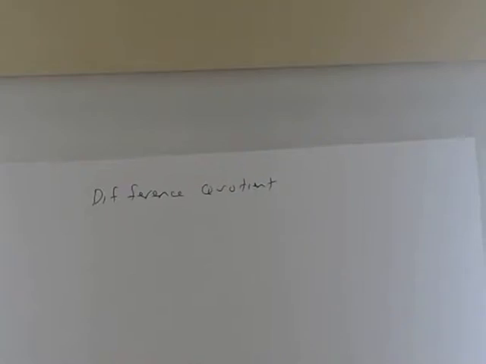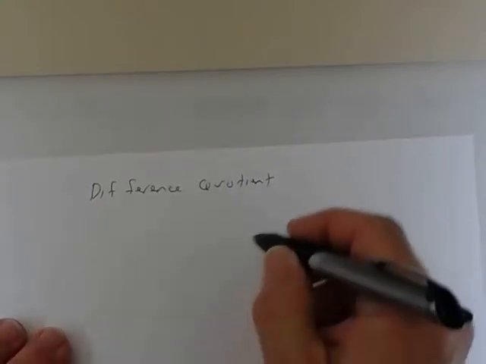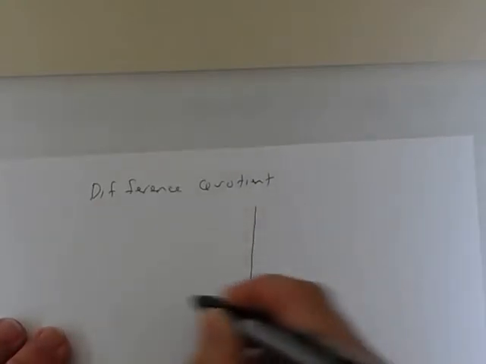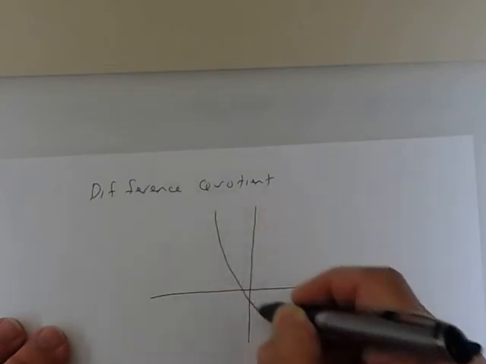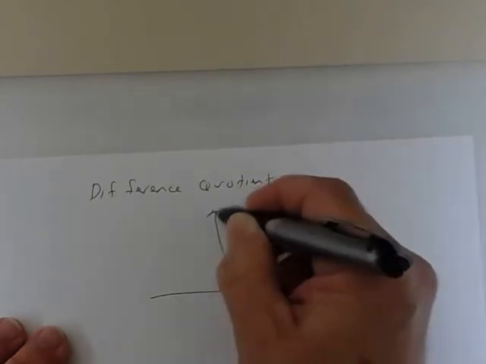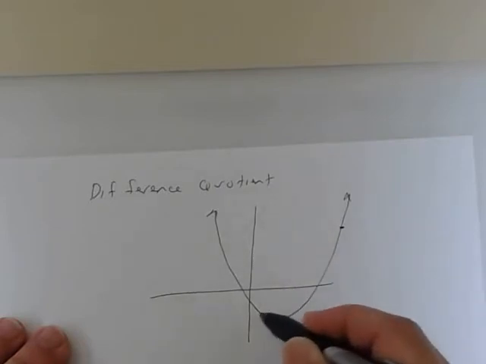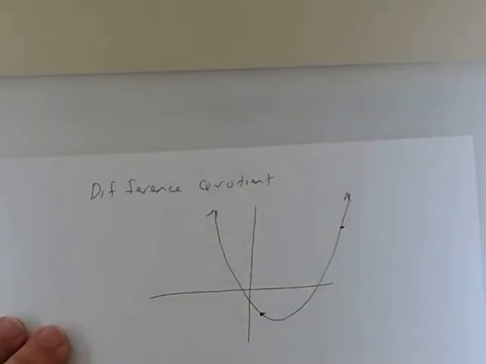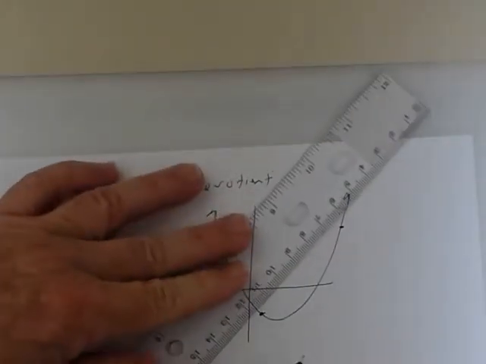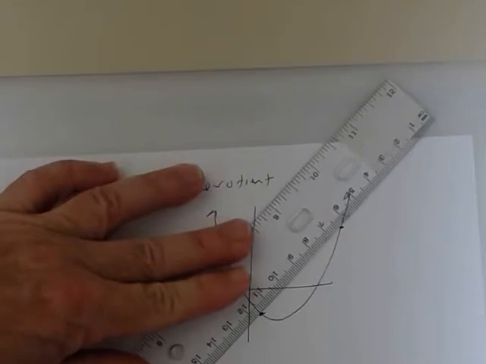So the difference quotient, basically what it does is this. If you have a graph, and you're looking at 2 points on this graph. Let's say these 2 points. Okay? And if you draw a line connecting those 2 points, or through those 2 points, if you draw a line,